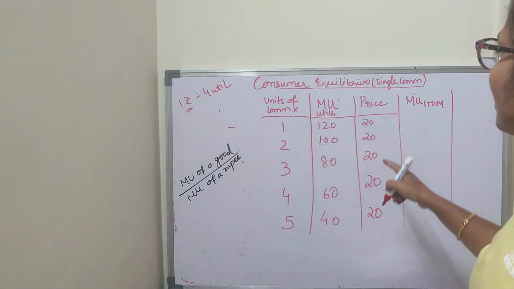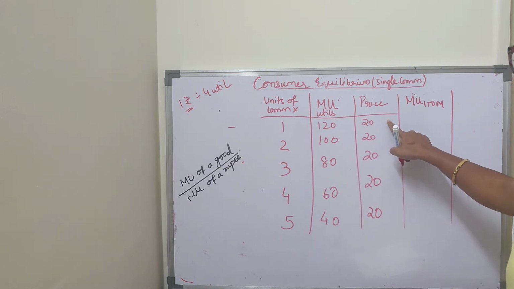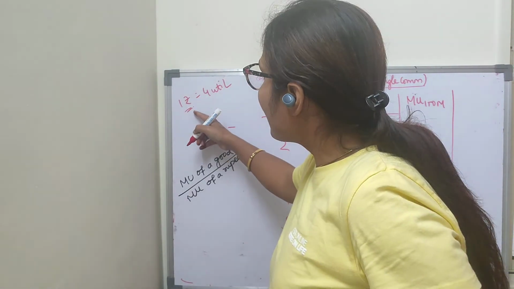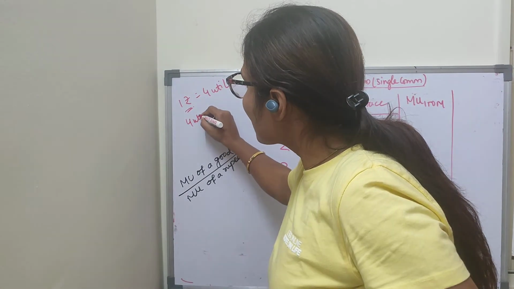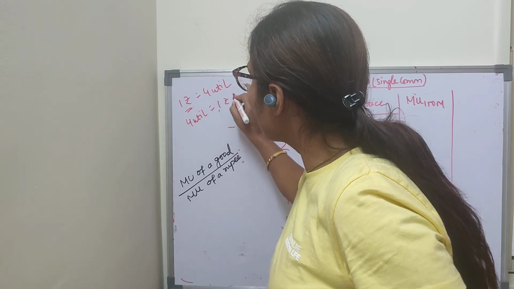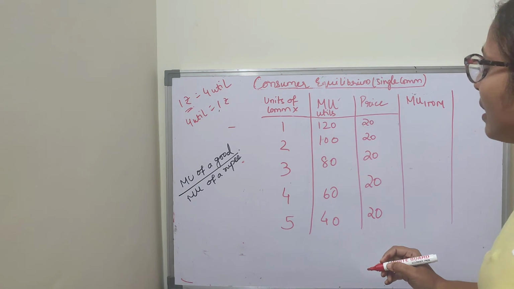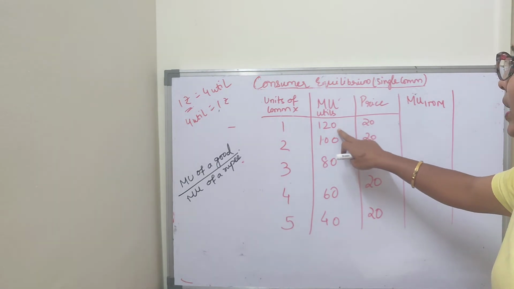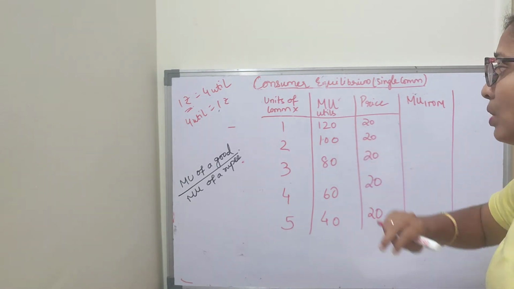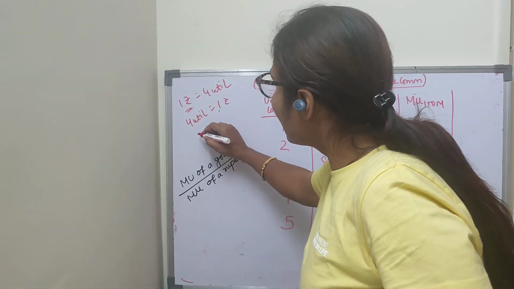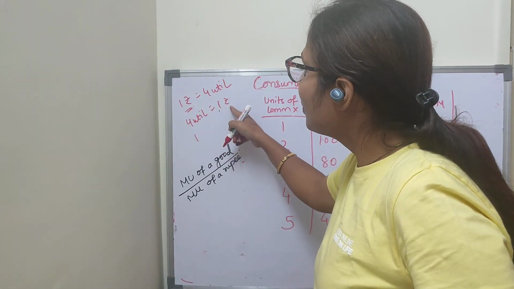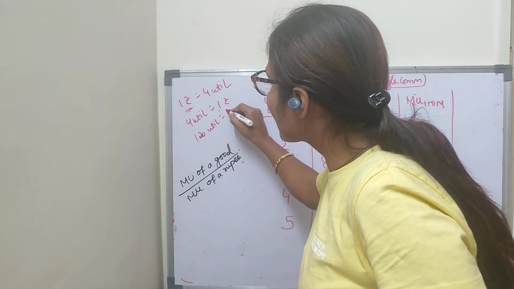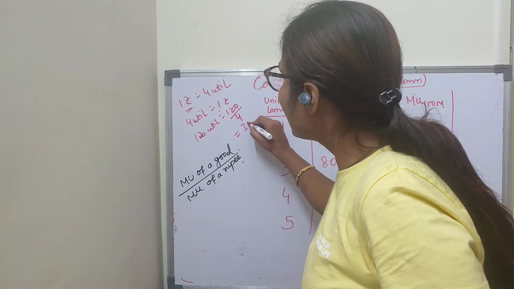Here I am taking the price also constant. Here I am assuming the price to be constant. Now let us see how to do it. Now we can write that 1 rupee gives us 4 utils. So we can write this way: 4 utils is equal to 1 rupee. Clear? Now you can see here, when we are consuming the first unit, we are getting a utility of 120 utils. Now if 4 utils is 1 rupee, 120 utils gives you how much satisfaction? Divide by 4. So you are getting 30.